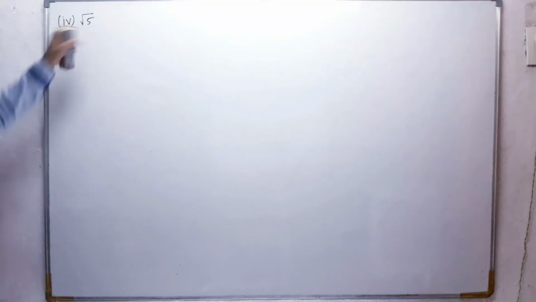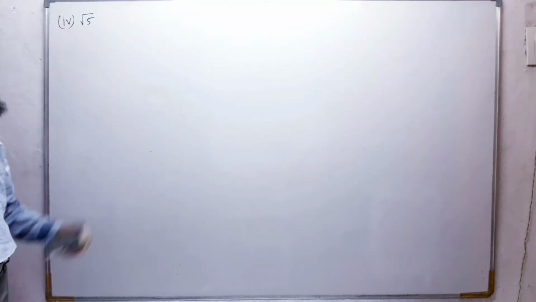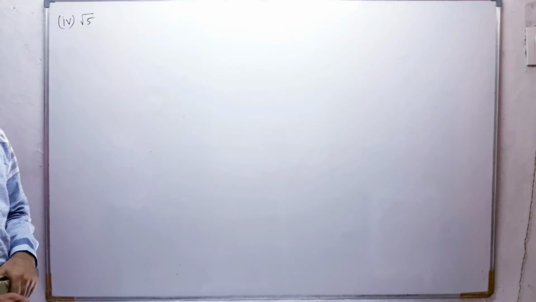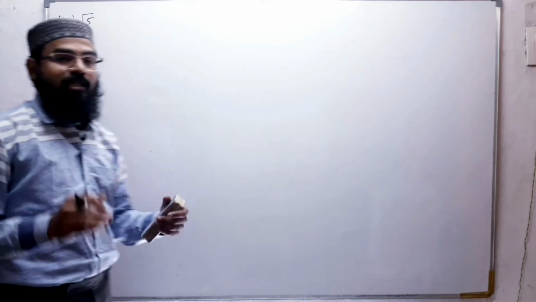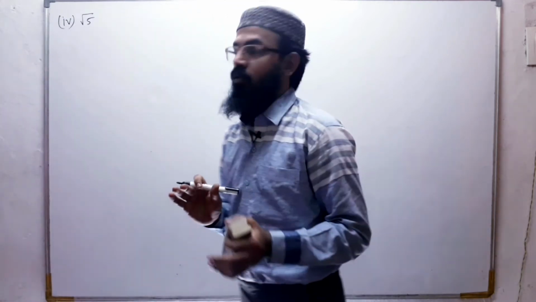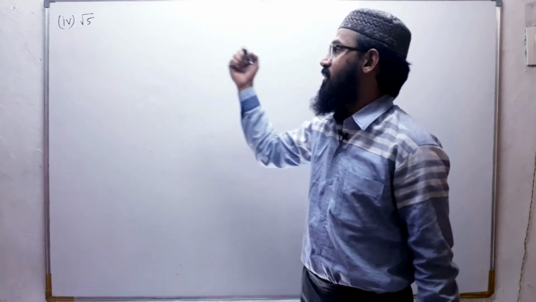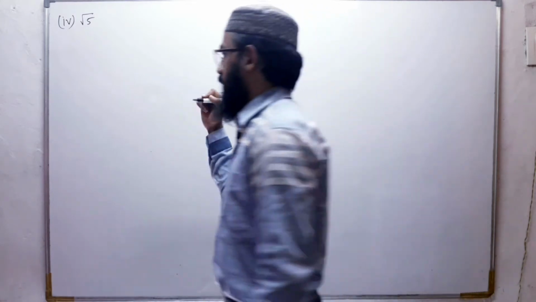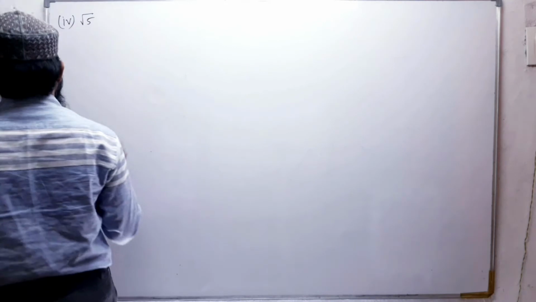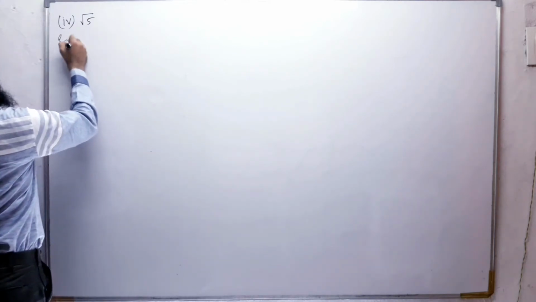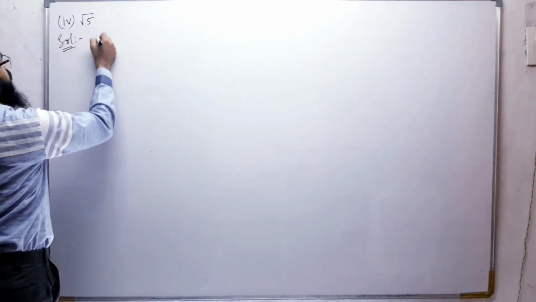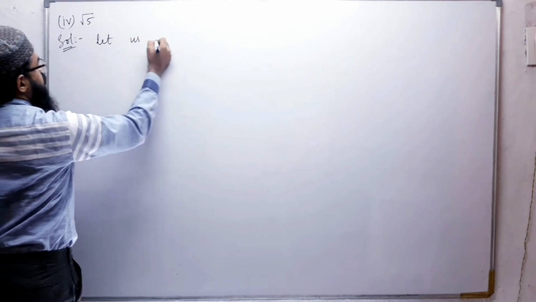Root 5, we have to show that this is irrational. But we will consider this as rational. First we will suppose this as rational, then we will prove that it is irrational. So let us start. In the solution, let us write: